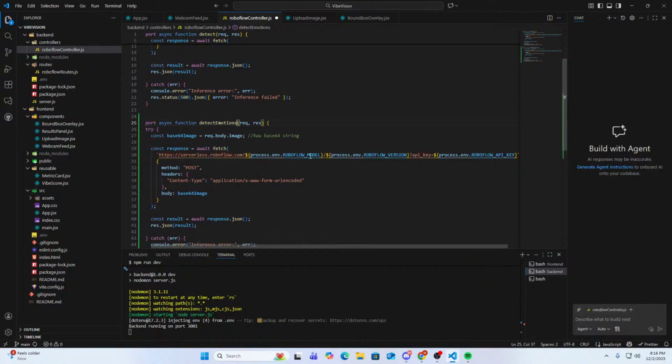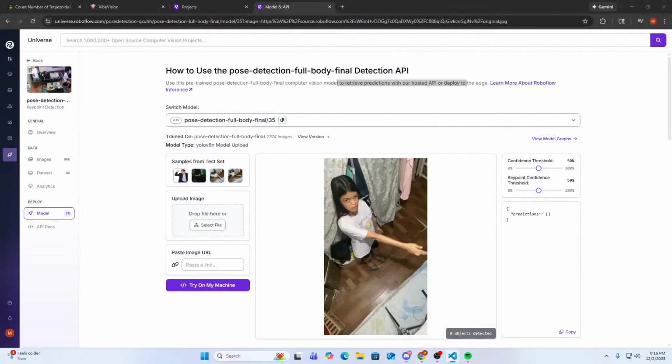No, that's wrong. RoboFlow model. I can't even remember what I called it. RoboFlow model emotions, I think that's what I called it. I can't even remember what I called it in the .env. I totally messed this up. RoboFlow model, emotions, RoboFlow,